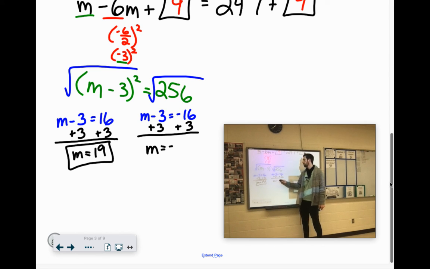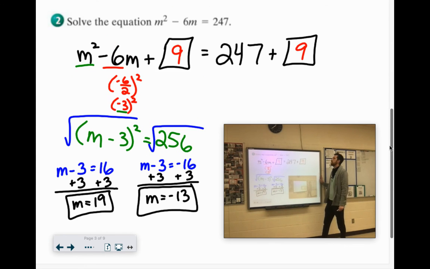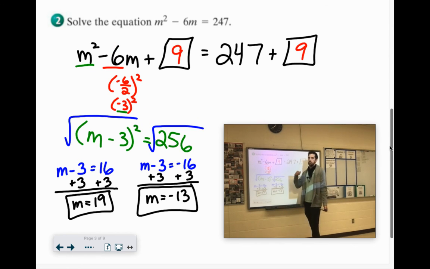So if you take both of these answers and you substitute them into the original equation, they both work. It's pretty wild, but that is another tool that you can solve these. So some you can solve by factoring, you can always